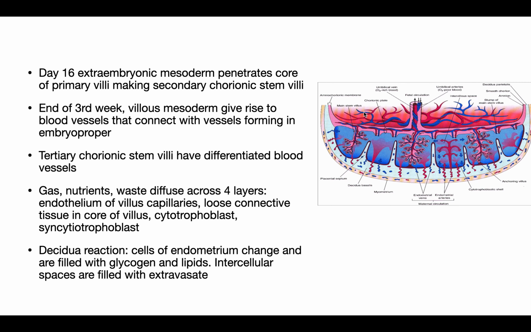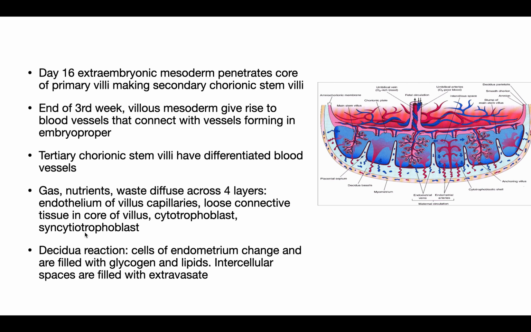And then once they connect with the vessels forming in the embryo proper, that's when the vessels really start taking shape and starting to dorsalize or ventralize. The tertiary chorionic stem villi will have the differentiated blood vessels, and the gas, nutrients, waste will diffuse over the 4 layers. I said 3, but technically it is 4. The endothelium of the villus capillaries, the loose connective tissue in the core of the villus, the cytotrophoblast, and then